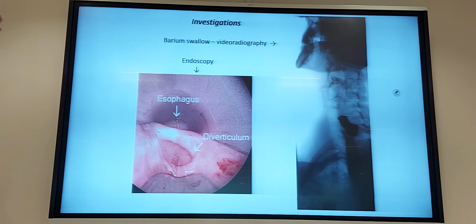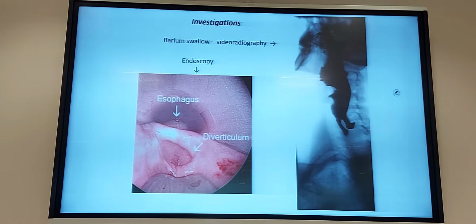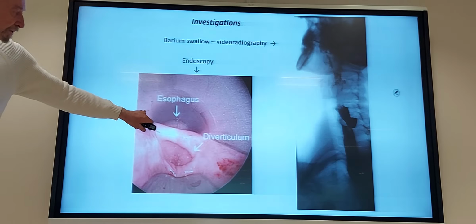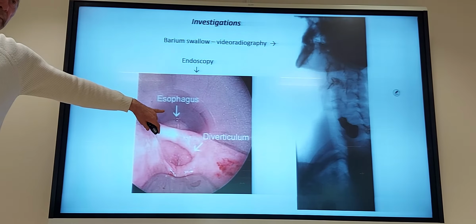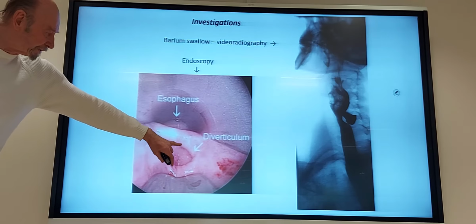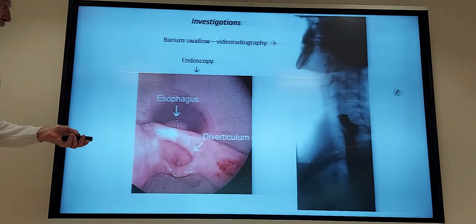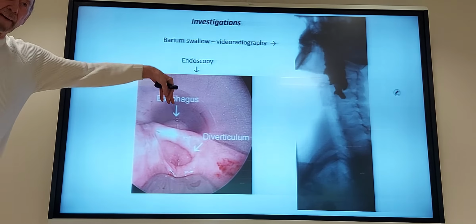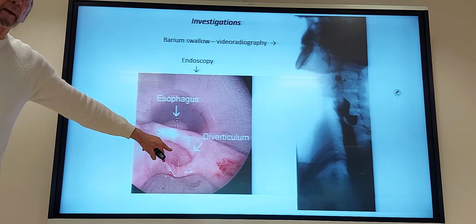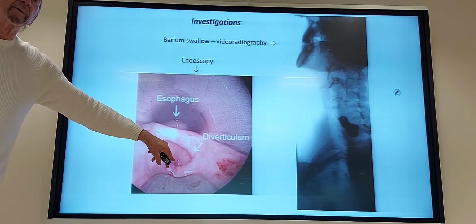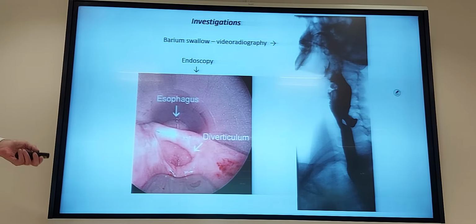That'll be a barium swallow, you know how barium works. And this is your esophagus. This would be an endoscopic view. And this is this little bridge here. Oh, did I do that? That's a touch screen. The esophagus, and over here is a blind end pouch. That's the diverticulum. And the way they treat that,